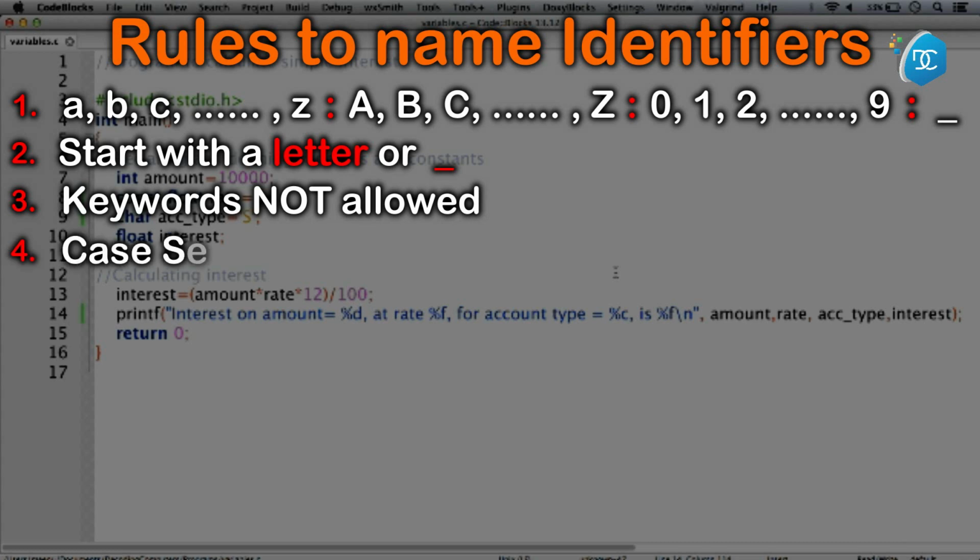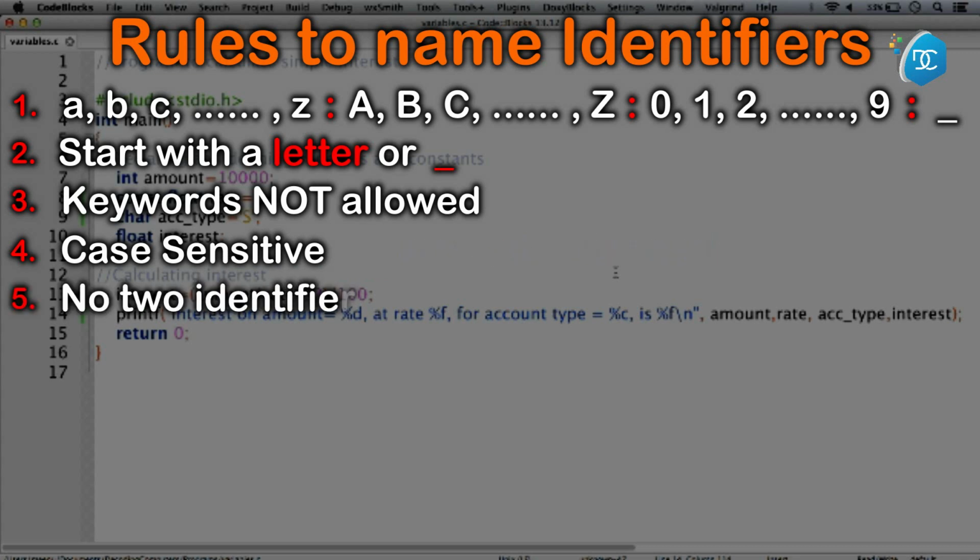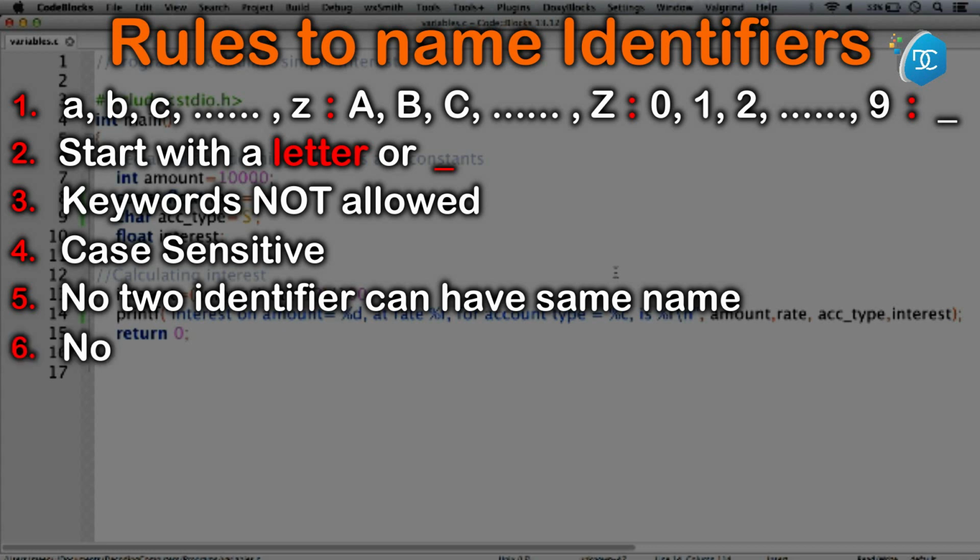Identifiers are also case sensitive in C. For example, Amount and amount are two different identifiers in C. Same name cannot be kept twice as an identifier. So the identifier names have to be unique. अब दो बच्चों का नाम तो एक ही घर में सेम तो नहीं रखते ना।